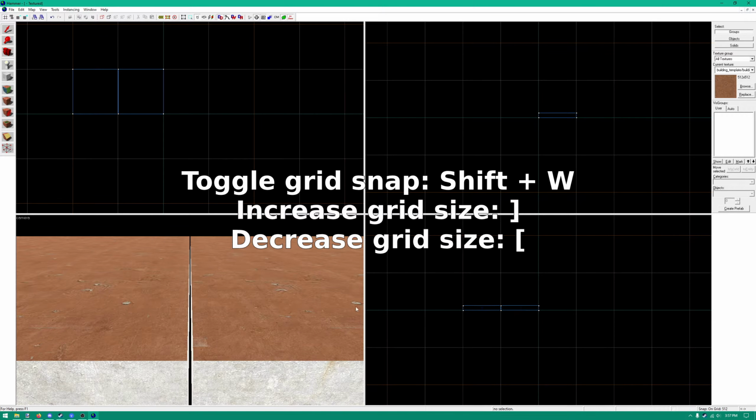By mapping more smartly, you can prevent leaks before they happen. Be conscious about gaps you create while making your brushes. If you aren't using Grid Snap, start using it. If you are using it but keep it at grid size 1, start using larger sizes when it doesn't prevent you from placing something how you want. Keeping your brushes aligned to each other will help you avoid leaks and avoid creating more viz leaves than are necessary, which will mean your map compiles faster.